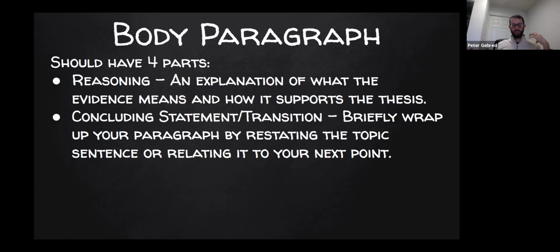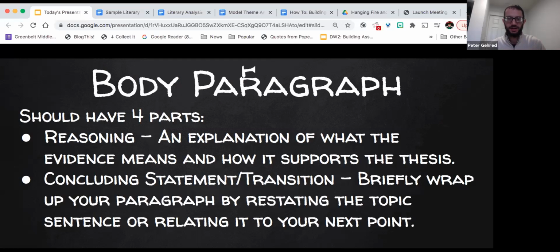So the reasoning takes that evidence and turns it towards your purposes. And then the concluding statement/transition is just to wrap it up and set the stage for your next paragraph. Your next paragraph is either going to be a body paragraph or the conclusion. So let's go ahead and see how this works